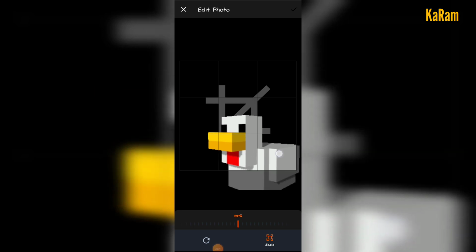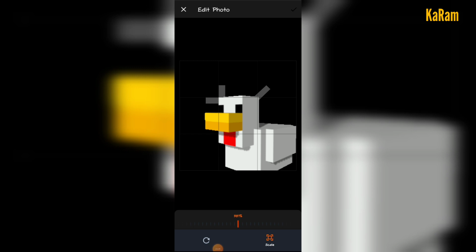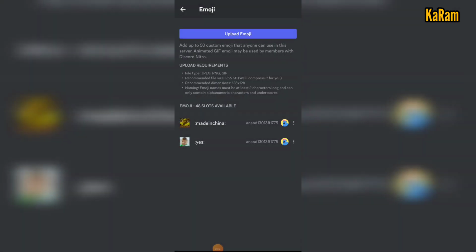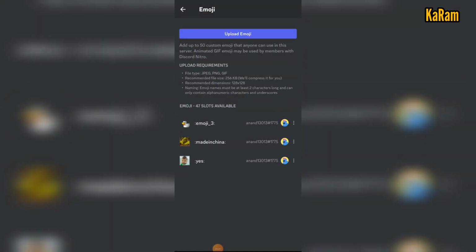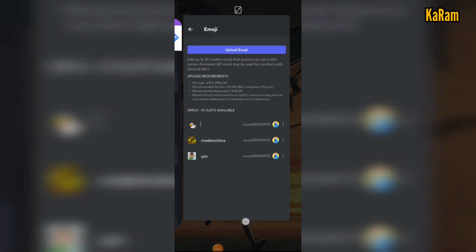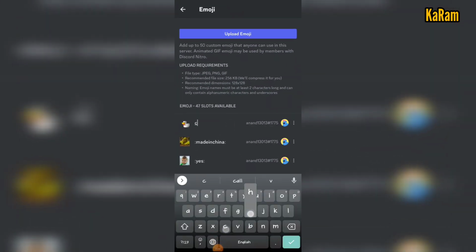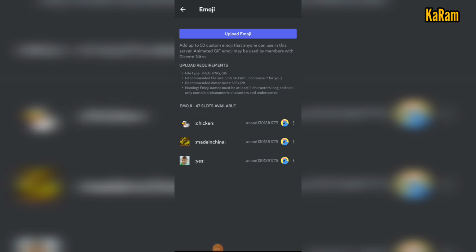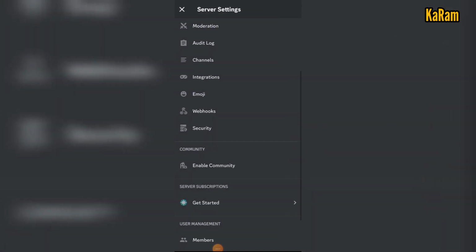You can scale this. I'm gonna keep it at the original ratio and tap on it. So you can see that it has been uploaded, and let's name it something else. What was the meme it was? Let's name it chicken. Tap on OK. Now go back to the server,